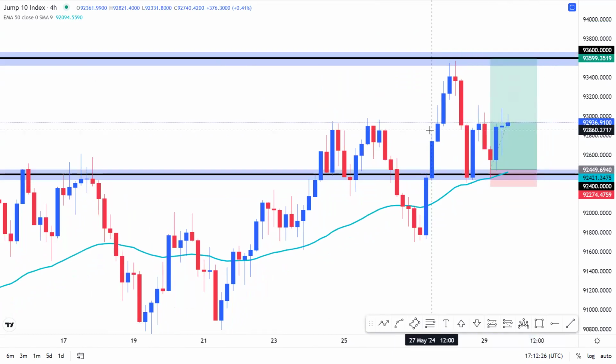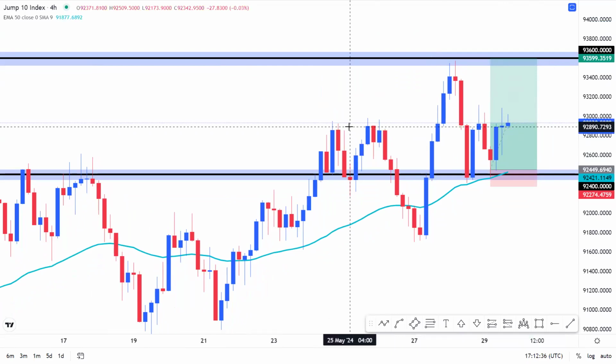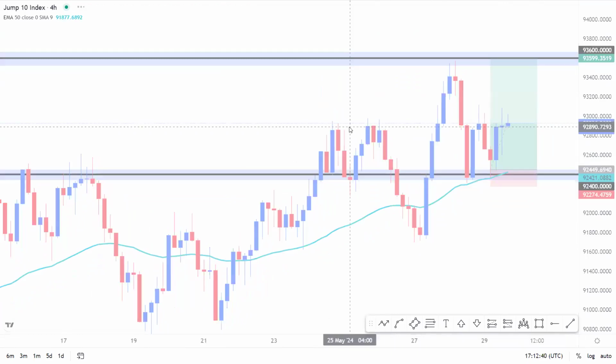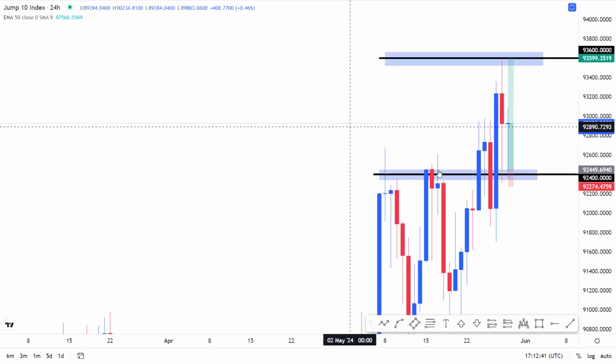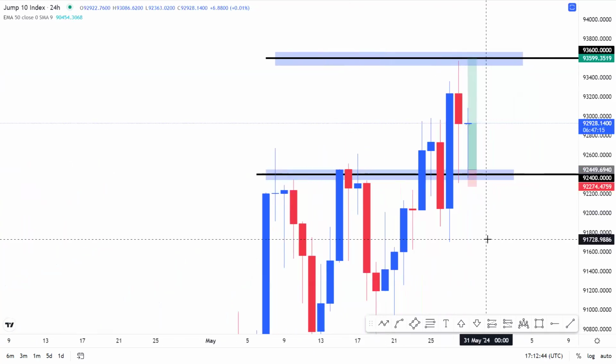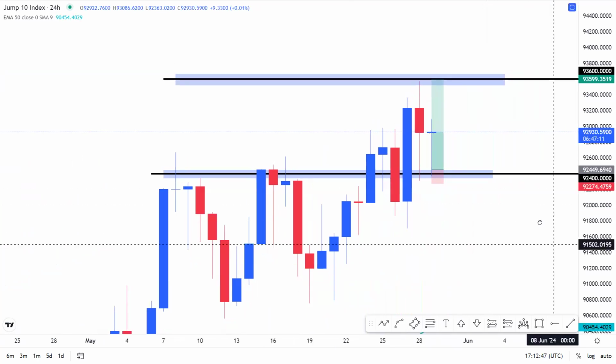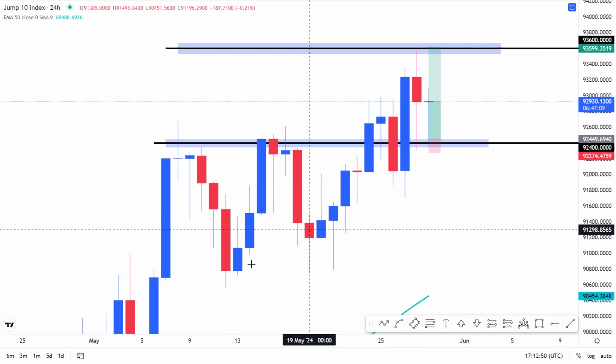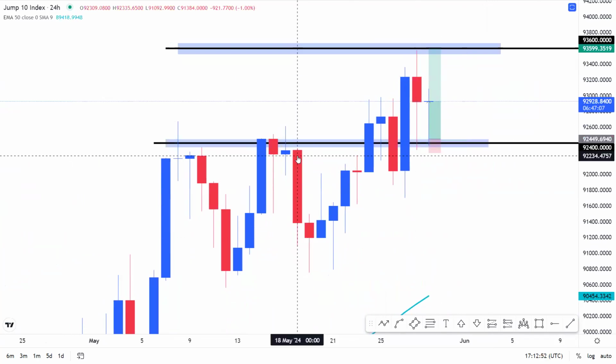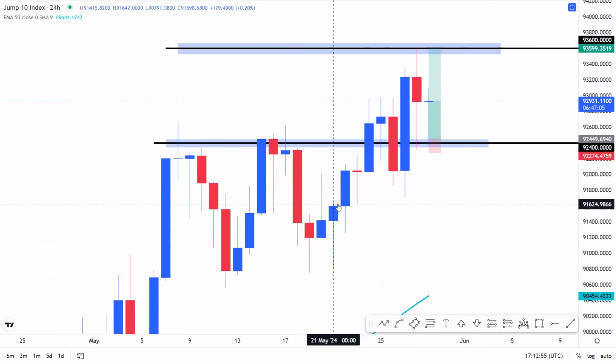Now, the very first thing we need to do is to be able to establish the market's direction, which I like to do from the higher time frames. Starting out with the daily time frame, on Jump 10 Index, what I notice is the market's direction is clearly headed to the upside, where we can see clearly we are in a bullish market structure,